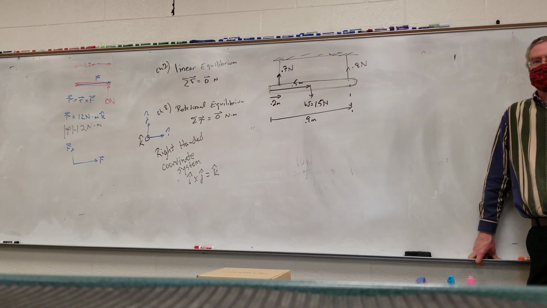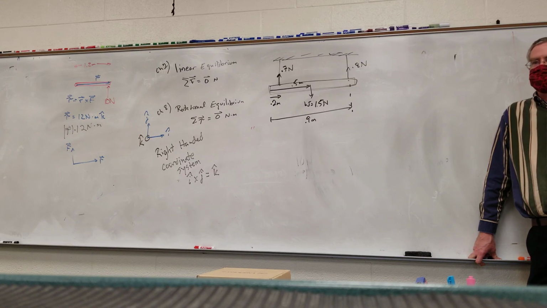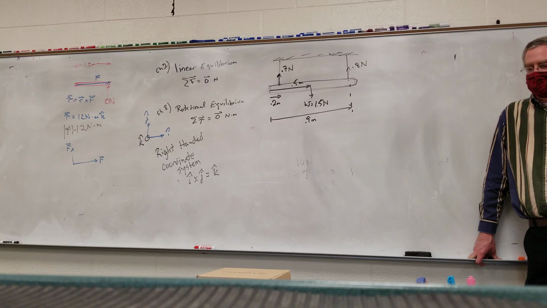For a wheel, the axis of rotation is the axle. But for a meter stick that's just sort of sitting there, what is the axis of rotation? Someone just speculate. Would it be the middle of